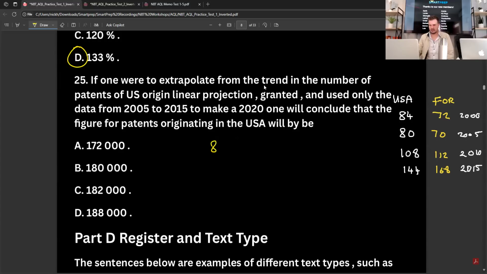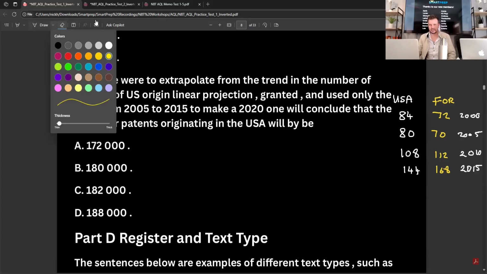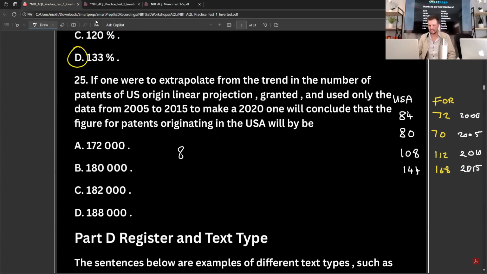Okay, so it goes from 2005 to 2015. So it goes 80, then 108, and 144. Okay, so what does it go up by here? It goes up by 28, right? What does it go up by here? 108, it goes up by